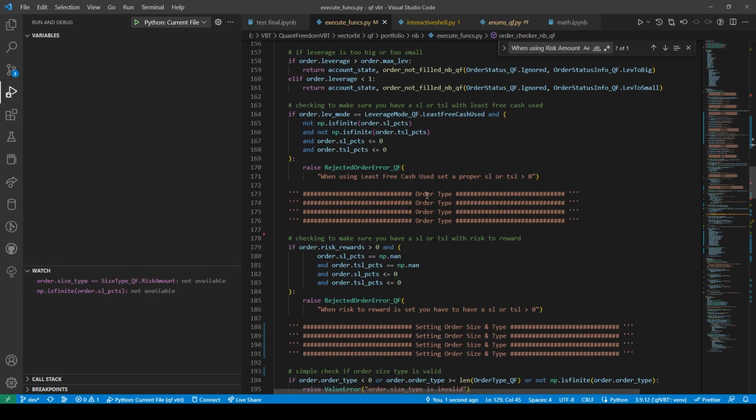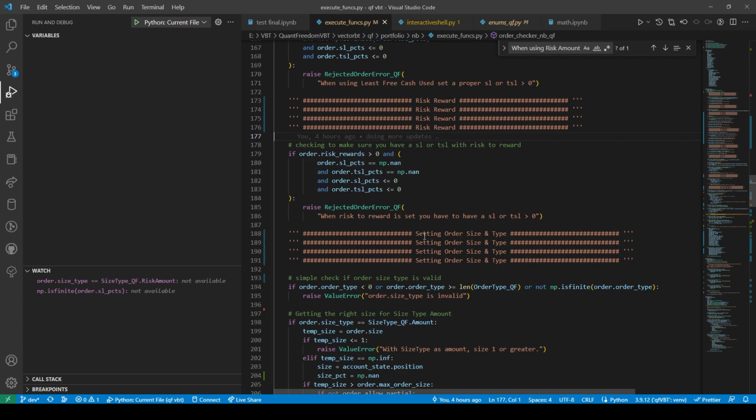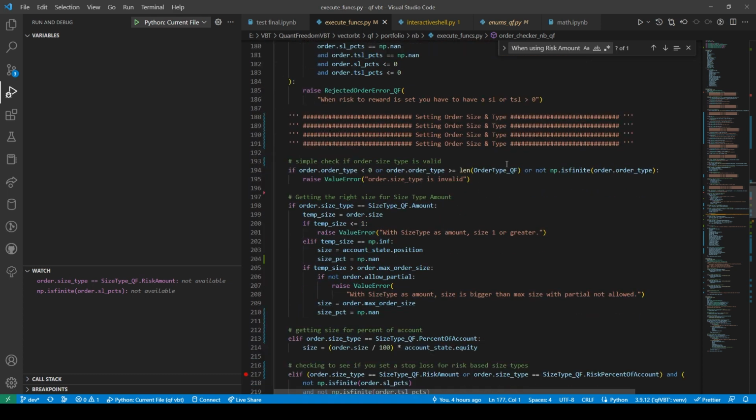Okay, so order type. This is not order type. This is risk to reward. Liar. You damn liar. Setting order size and type and checking type. Setting order size and size. Setting or